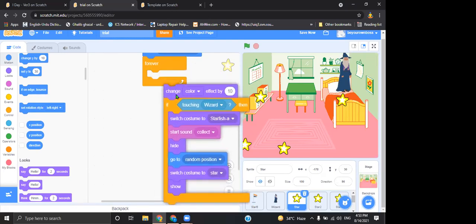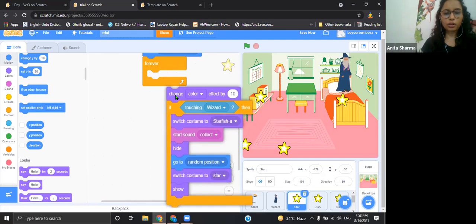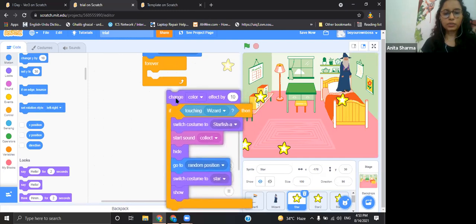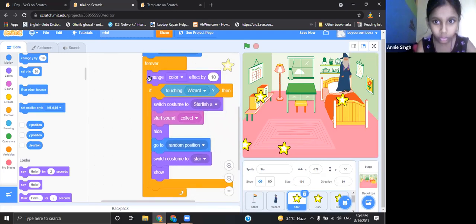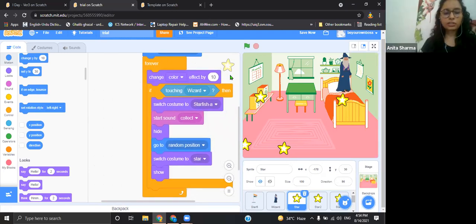Everything should be there, especially this conditional block where you are checking whether the wizard is touching or not. This should come inside forever, and this change color effect, because you want to see the star twinkling all the time. If you want something all the time, then you have to use this forever loop. Okay, ma'am. Okay, dear. All right.